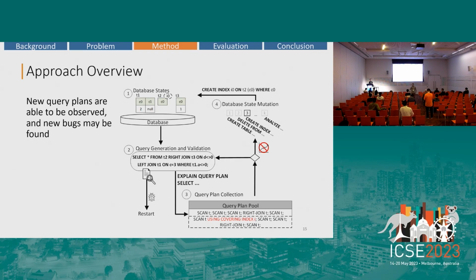Yeah, both. Actually, the answer is both. Both the database state and the input query can affect the query plan. For example, for the same query, if we add a new index to the table, the query plan will be quite different, because we can use the index to speed up the execution. So for each execution, it will first check what you want to get from the input query, and then check the database state to decide the most efficient query plan.